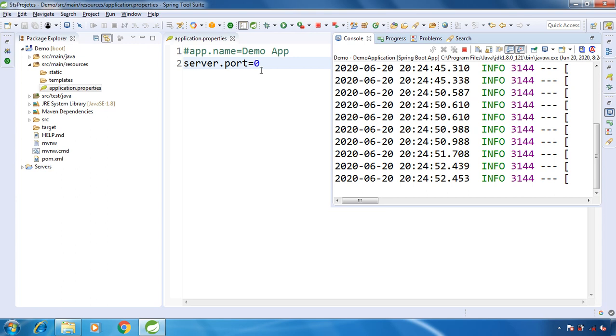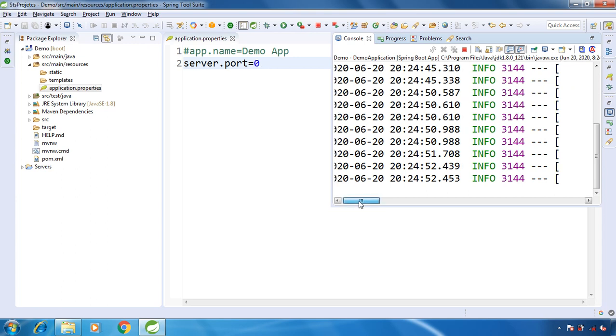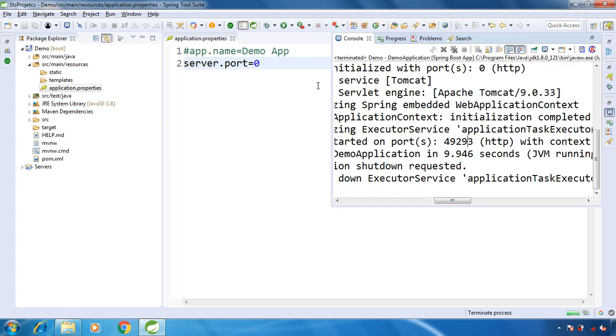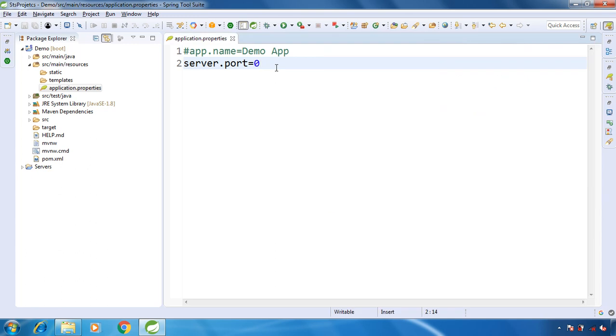Basically, it will run on a random port every time. See, right now it is running on port 49293. If you stop it and run it again, it will take a random port and start on that port. This is not recommended because you should know on which port your Spring Boot application is running. So don't provide this value as 0. I am telling you this just for your reference. Let me revert this to 8081.